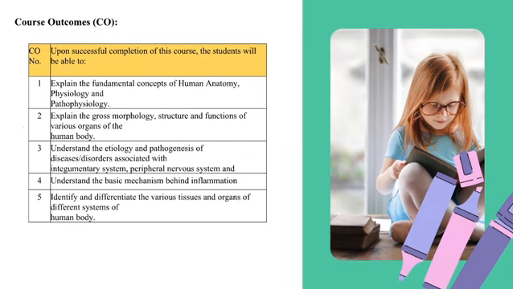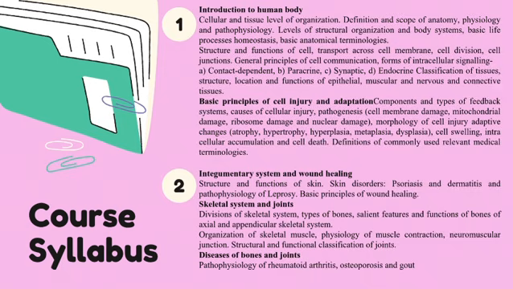So let's move on to the different modules, that is, the different units which will be included in human anatomy and physiology under the new syllabus according to NEP 2020. Here we have the introduction to the human body. This will include the basic life processes which we saw in the previous syllabus. So we'll have everything about the cell, transport across the cell membrane, cell division, and cell communication. We'll also include a newer topic in pathophysiology, which is cell injury and adaptation.